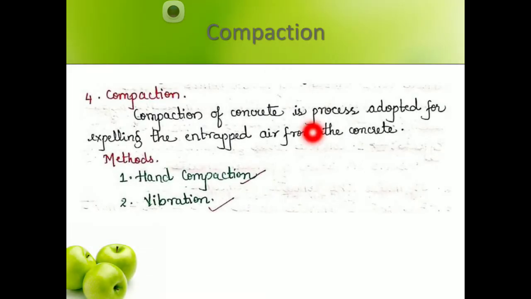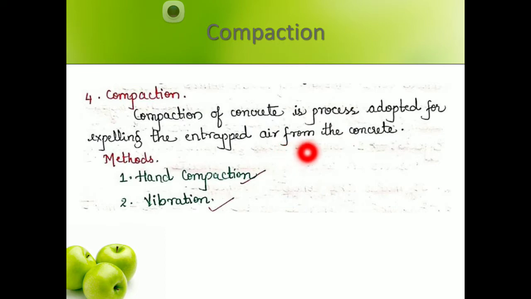Next one is compacting. Already you have seen how to mix the dry aggregate, then how to mix the wet aggregate, then how to transport the concrete once it is prepared and how it has to be placed. After placing and transporting, you have to go for compacting. Compacting is nothing but making sure that whatever concrete you have placed at the required site settles down properly. If it doesn't settle down properly, what will happen? It goes for segregation and bleeding, and it loses its strength and durability.